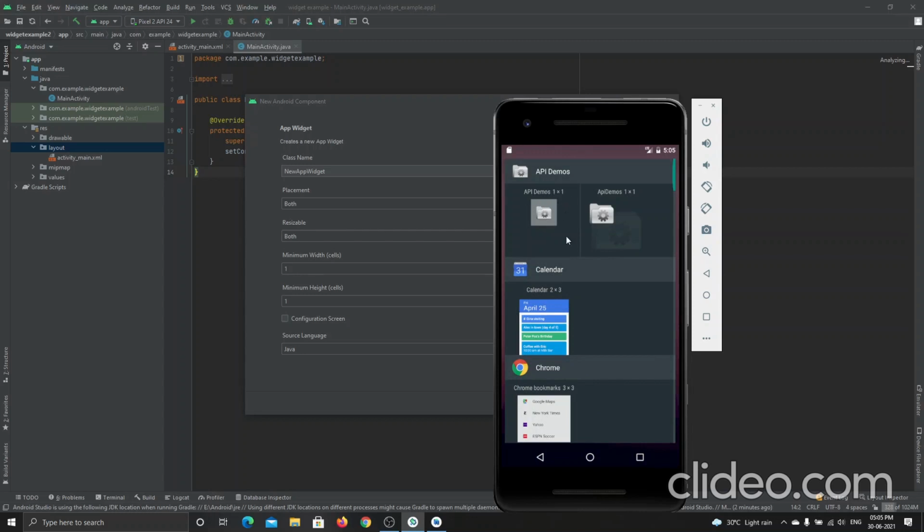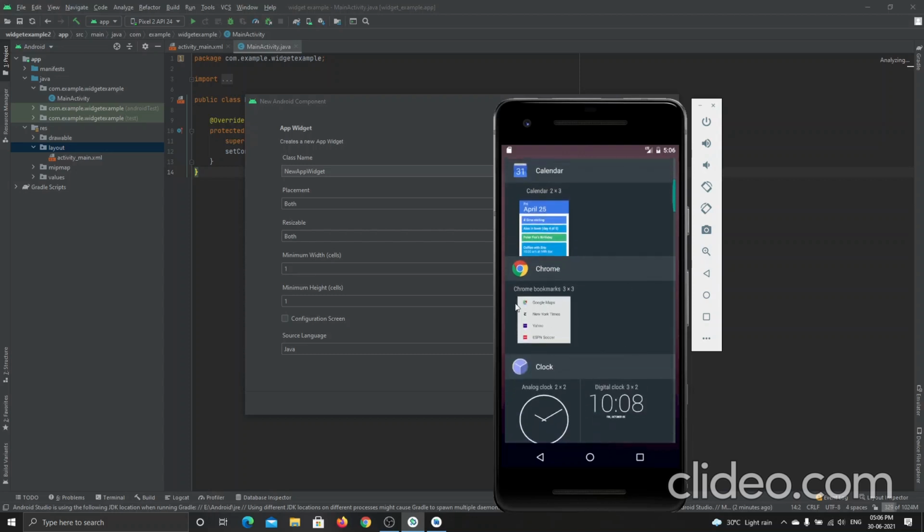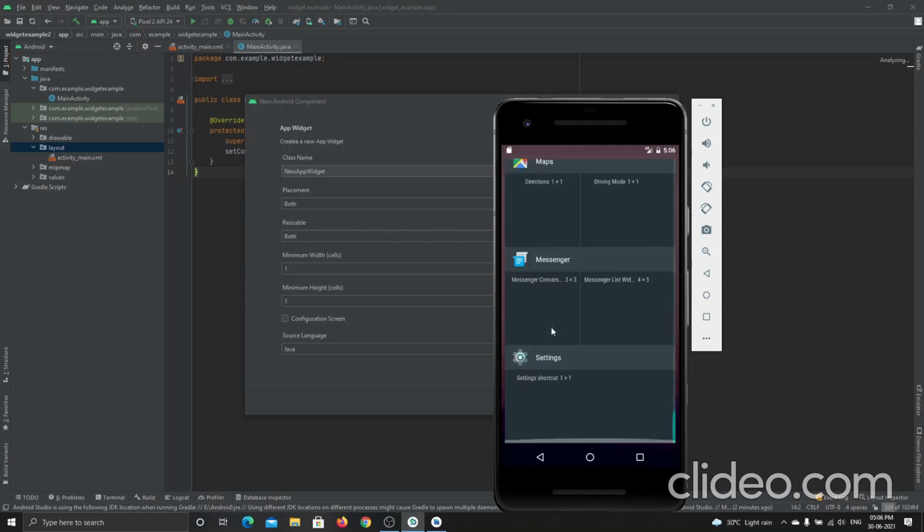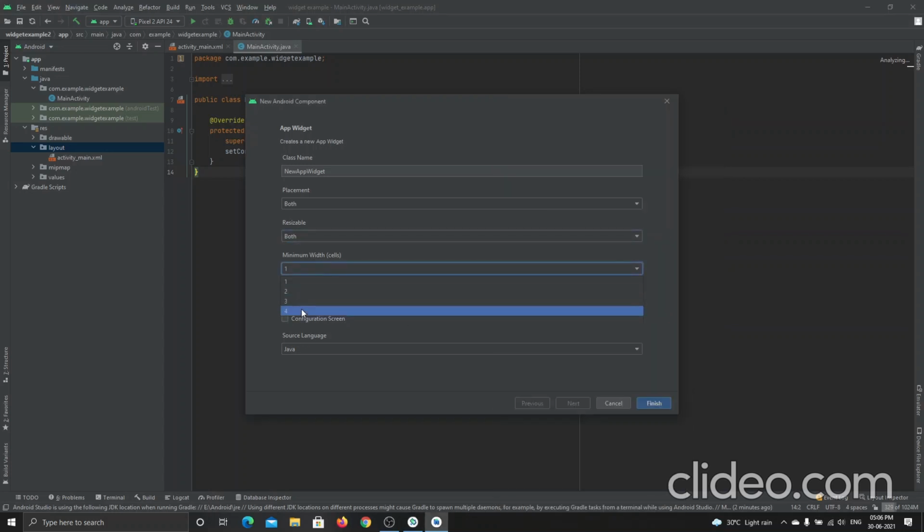1 cross 1 means it will use one tile. Okay, one tile means one icon size. To understand in simple words, 1 cross 1 is nothing but a simple 1 cross 1 icon. Okay, icon size. If I select 2 cross 3, what happens is it will use 2 width and 3 heights. Okay, and similarly 3 cross 3 will be used. And at most, we can select up to 4 in 4 cross 4.